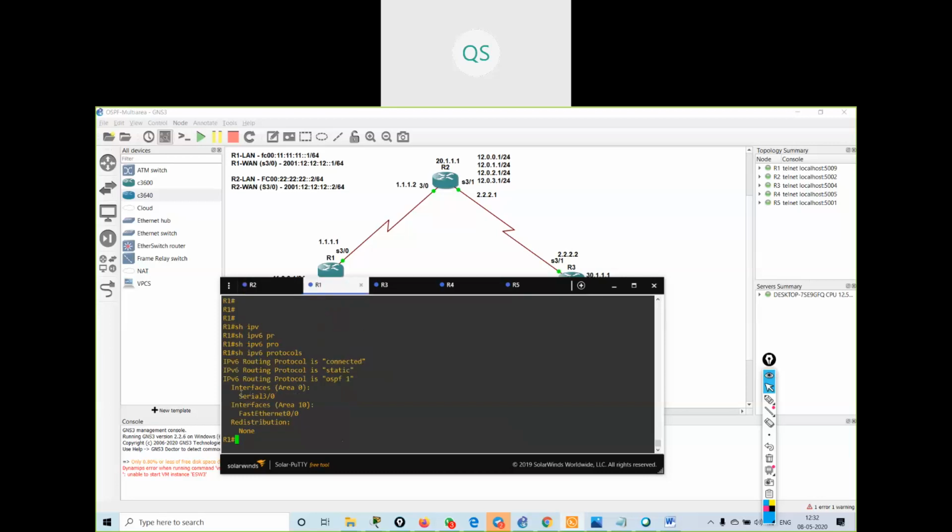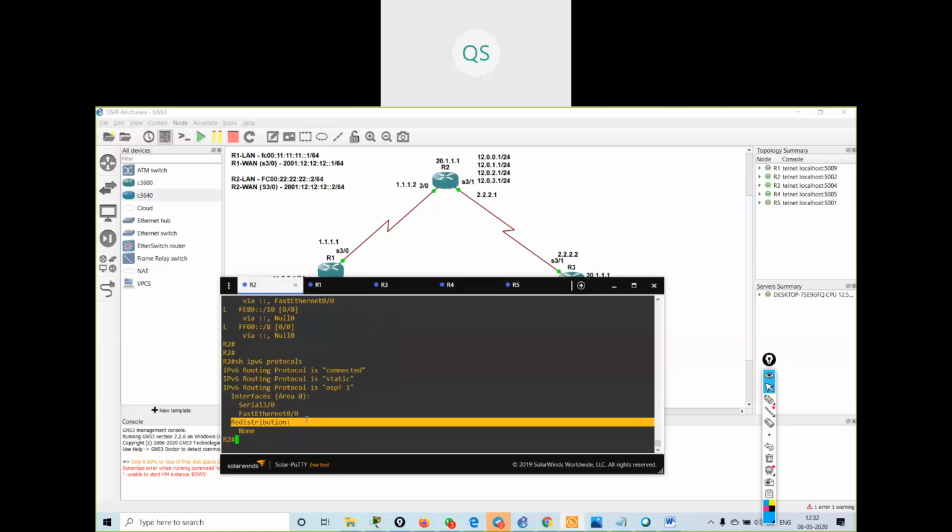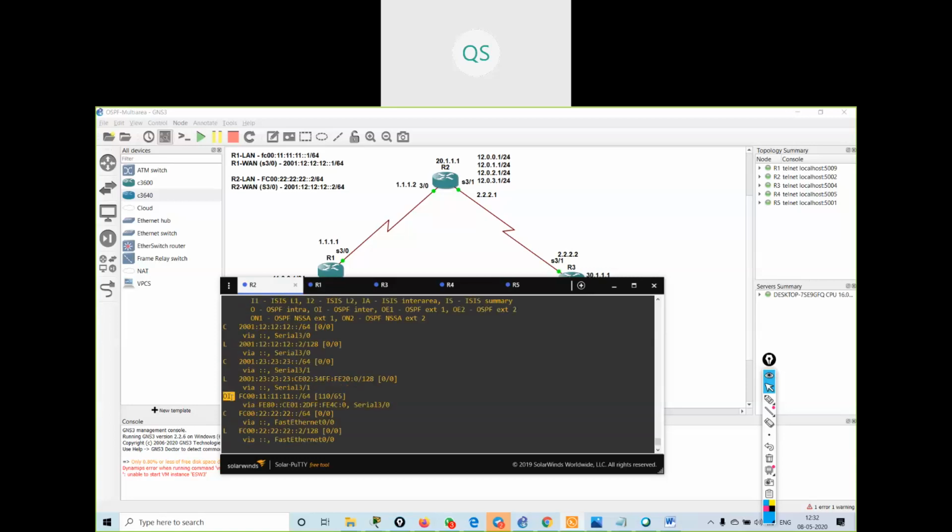My interface 3/0 is in area 0 and the other interface is in area 10. On R2, show ipv6 protocols, both interfaces are in area 0. There is no redistribution. So I am getting OI routes.